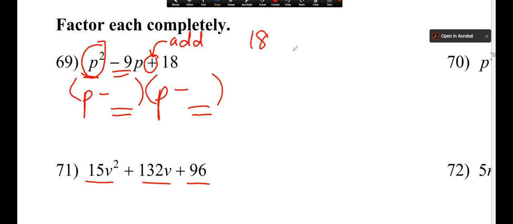Would it be 18 and 1? Is that possible? Do they add up to -9? No. Okay, so how about 9 and 2? No. 6 and 3? Yes. So that's when I know I've got my correct